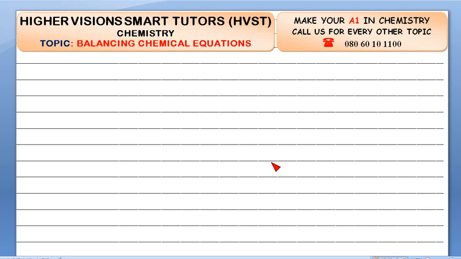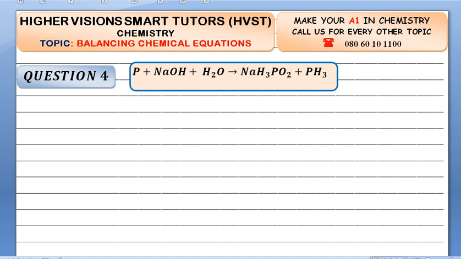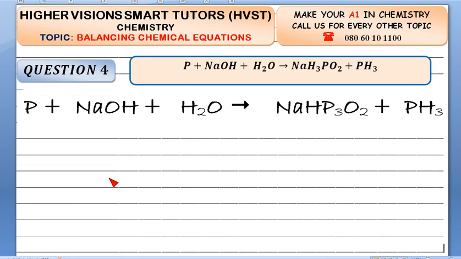Let us now solve question 4. Question 4. We're to balance this chemical equation. Let's bring out the equation properly so that we can balance it. Now, to balance this chemical equation,